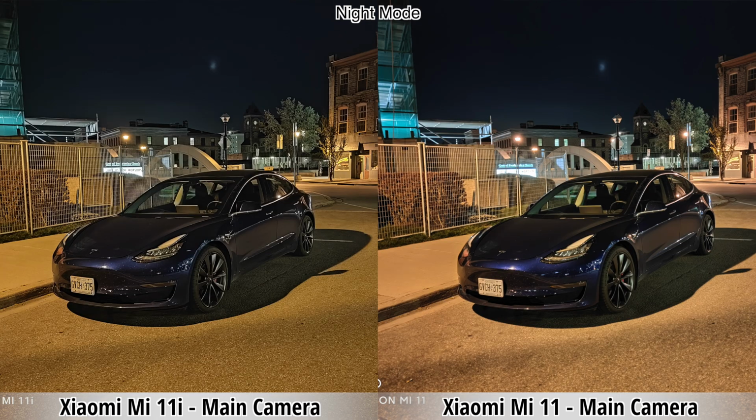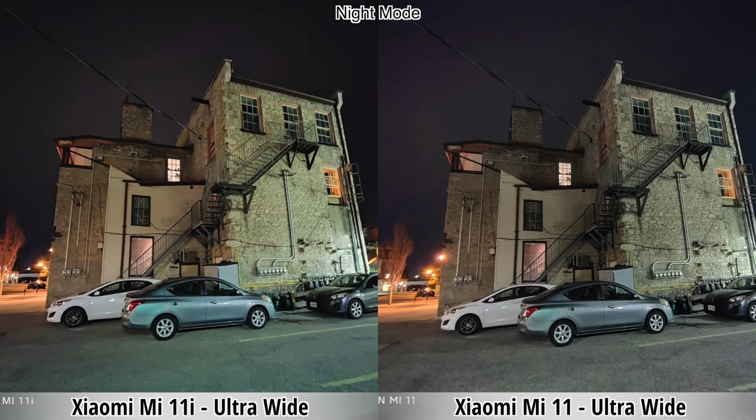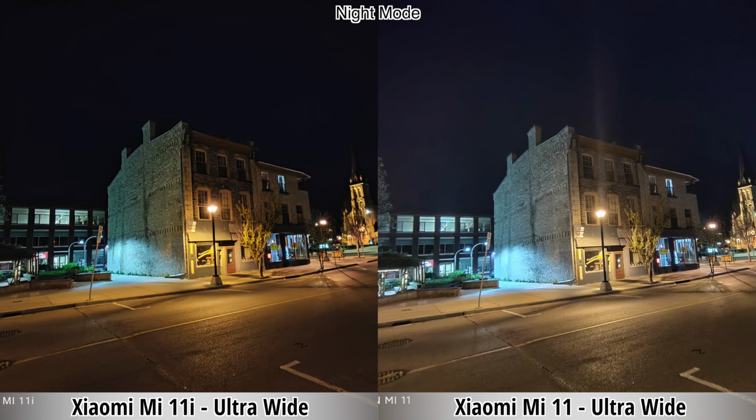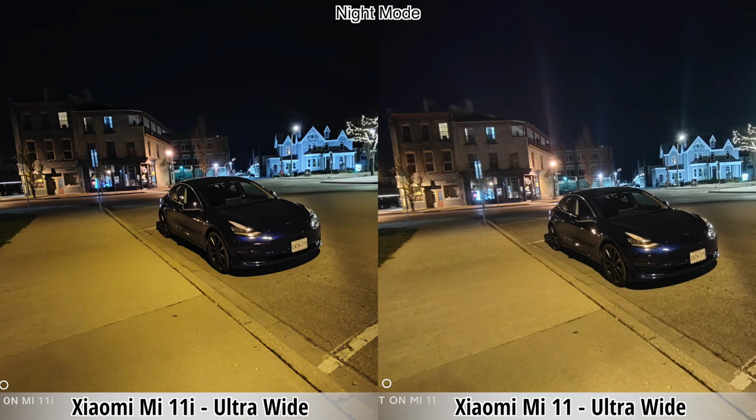As for the pictures that I took with the ultra-wide lenses and of course night mode, it seems that most pictures taken by the regular Mi 11 are a bit sharper. However, the regular Mi 11 doesn't handle those lights on the street that well. So in some of those pictures, the Mi 11i still does better, even though the pictures aren't as sharp as the pictures that I took with the regular Mi 11. So for nighttime pictures, once again, I feel that overall the Mi 11i does a bit better than the regular